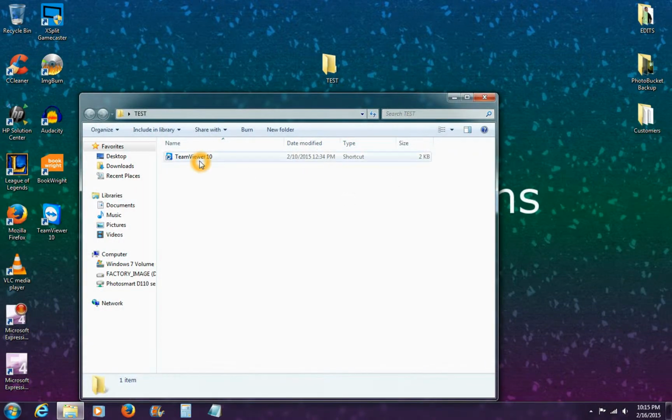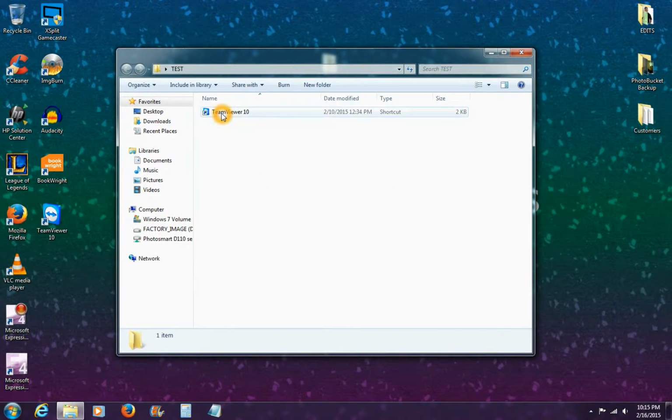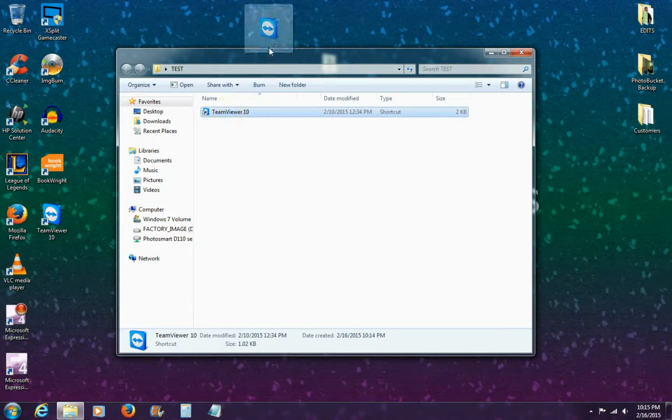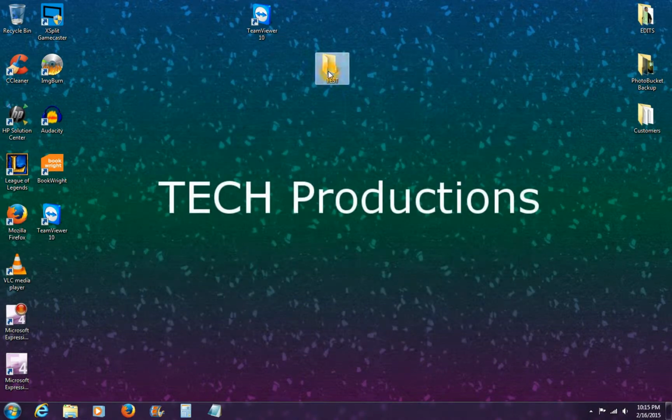Once we've dropped it into it, and of course to drop it in there you just click the item and hold down that left click button, and then you drag into the folder and then release the left click button and it will drop into the folder. So now we have the folder open, and here's our icon that we just copied. So I'm going to move it back to the desktop. Now I'm going to delete this folder,